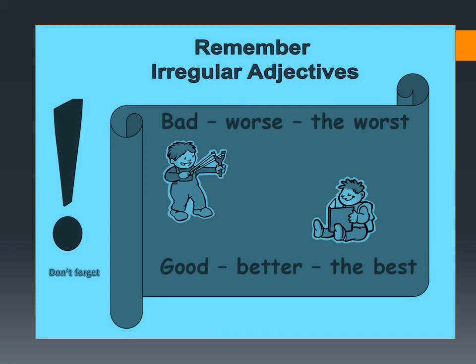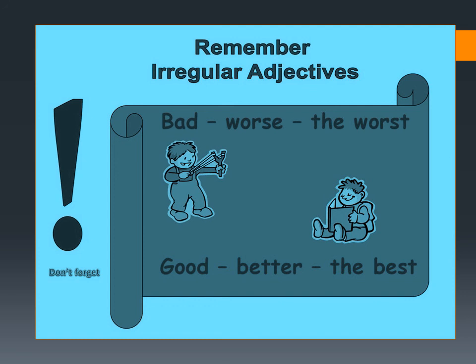What are they called as? Irregular adjectives. Because in these adjectives, the positive form cannot be used in any way to convert it into comparative or superlative form. We have to make new words in comparative and superlative forms. Such adjectives are called as irregular adjectives. You have examples over here. Bad. That is the positive form. Comparative form is worse. Superlative form is the worst.